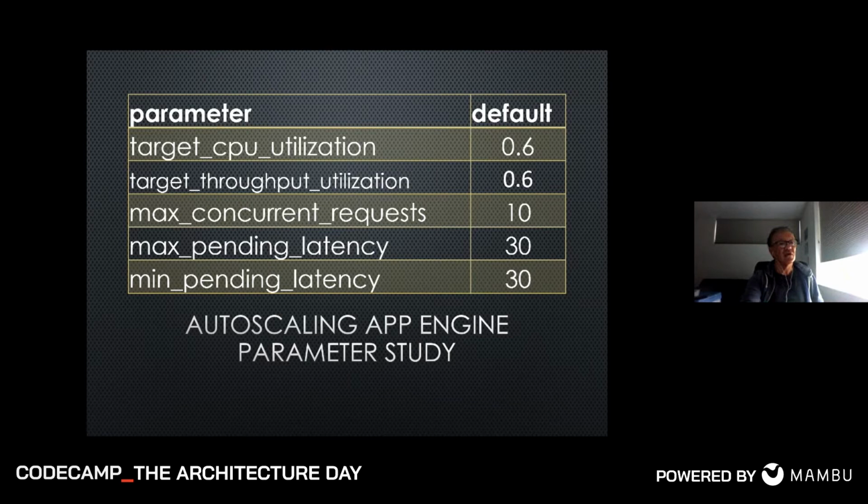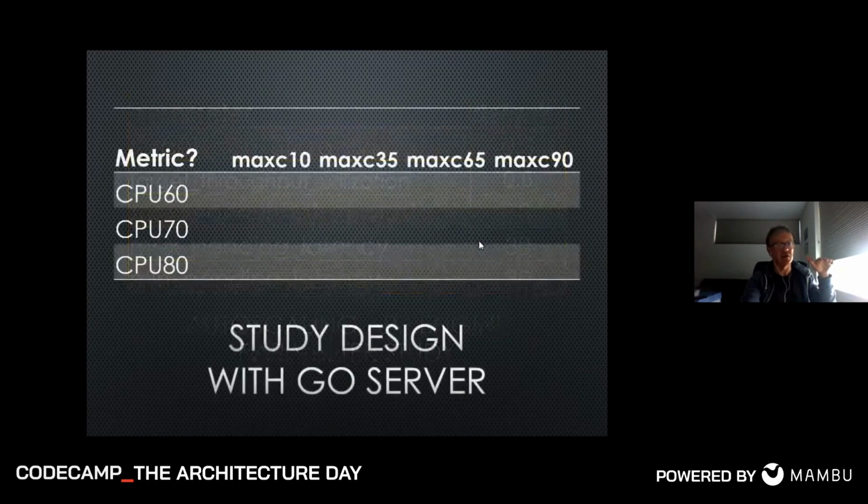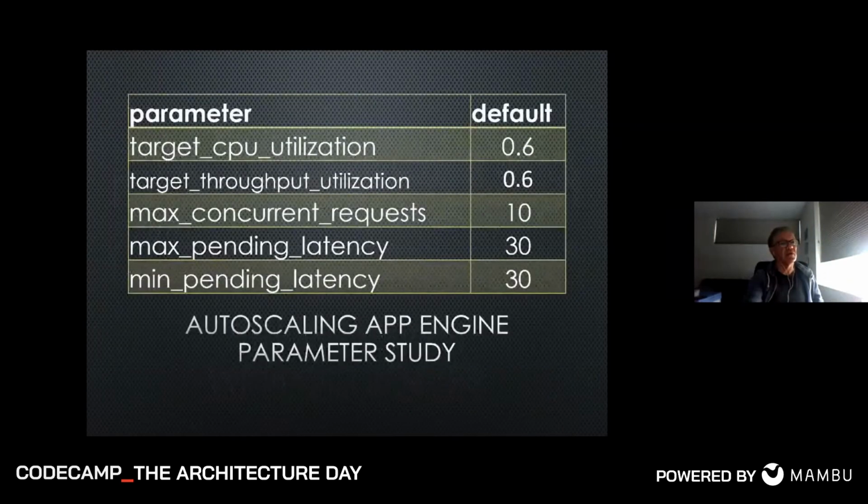You can also configure how long requests wait in a queue to be handled. So again, this is 30 milliseconds by default, and then minimum pending latency is related to this. I won't go into the details. Again, it's all a little bit confusing. But the key issue here is that most people, we talk to Google Cloud architects, the Google Cloud headquarters is actually about 3 blocks from where I work now. And most people go with these default settings.